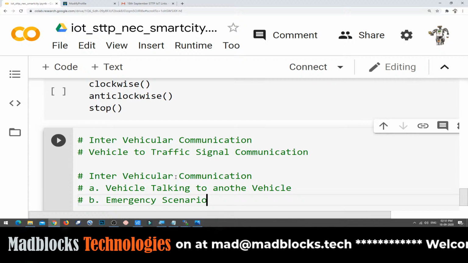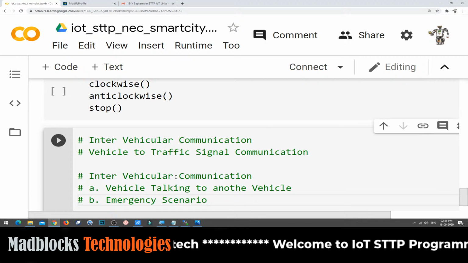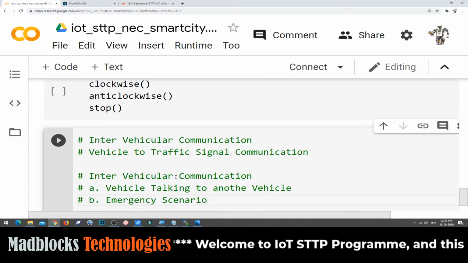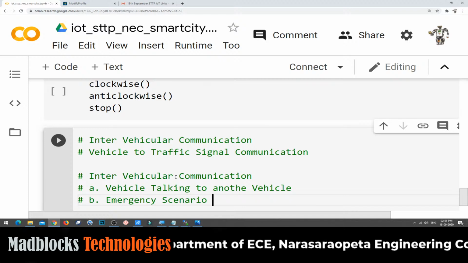Generally they will be hitting the siren, right? So when they hit the siren, obviously we will understand that there is an emergency vehicle behind us, and we will be giving some space, right? So when the emergency vehicle sends a message to the other vehicles, obviously it will alert the user. If the user is not alerted, then obviously